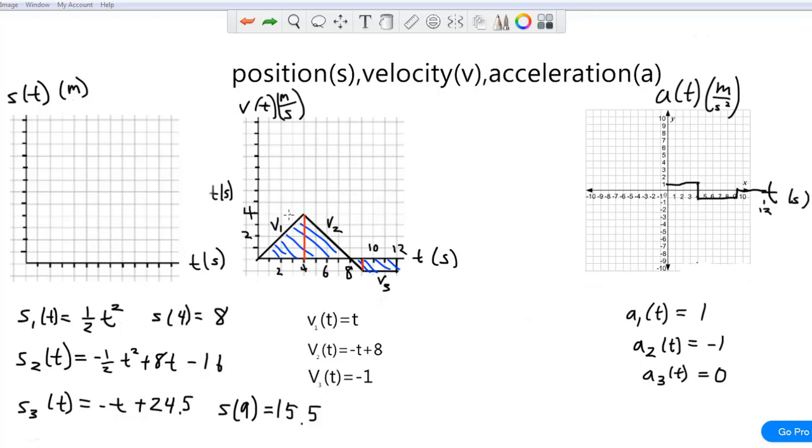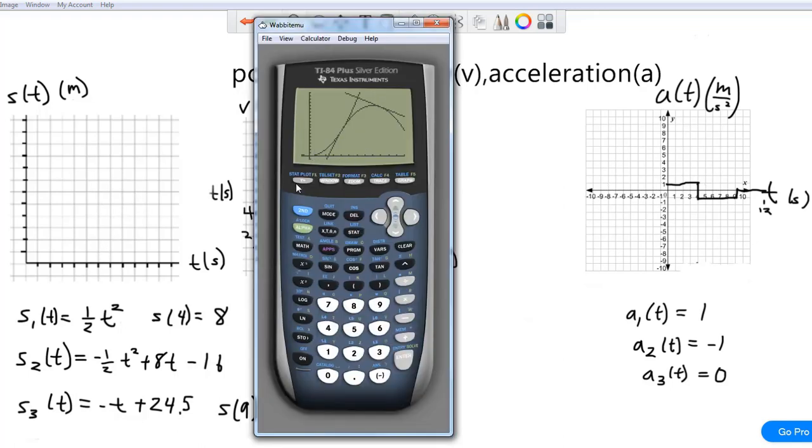So yeah, in the end, all we really have to do is graph s of t, and we're basically finished. So I kind of took the liberty of graphing it already. I have all our s value functions in here already. When you graph it, you can see that you have a concave up parabola to start it off, and then eventually it's going to switch to a concave down parabola right here,